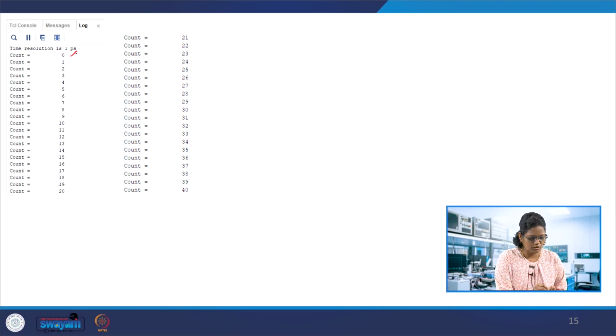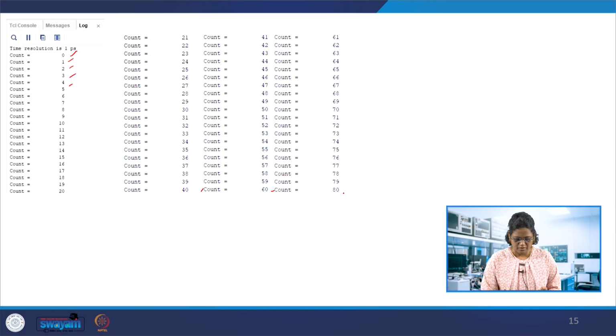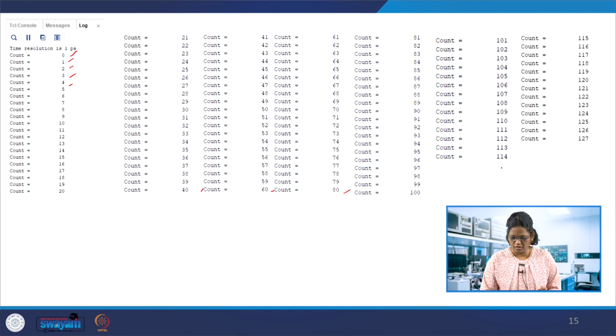Okay, so let's see the output of Vivado, that is the simulated log file. So count 0 and count 1, 2, 3, 4, and it keeps counting up to 40, and then it goes up to 60. See here the outputs printed over here instead of a waveform. It goes up to 127. So the count value is going from 0 to 127. There is no delay in the increment. It takes a very small time to do count equal to count plus 1, so it is at picoseconds resolution. You could see them here, printed up to 127.